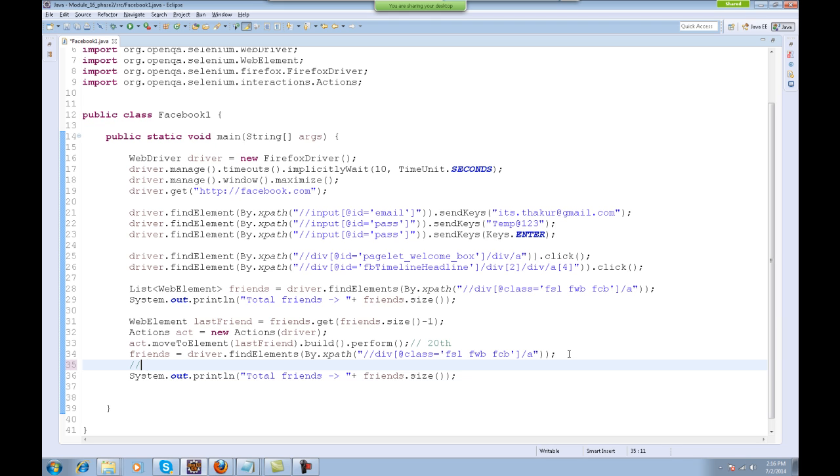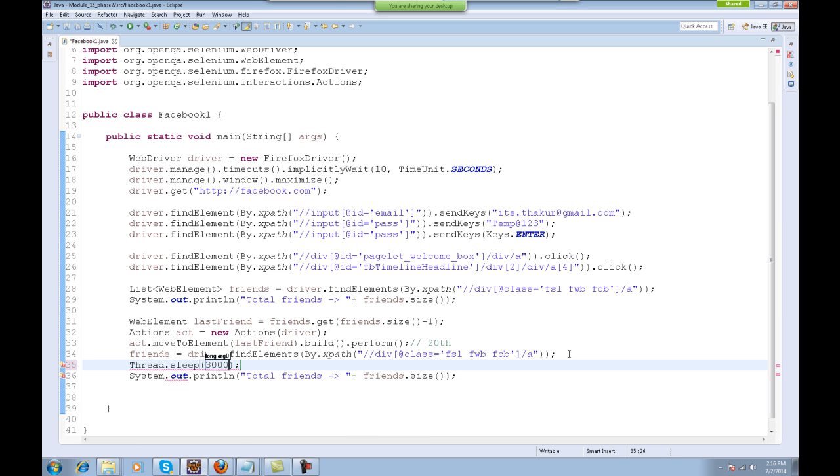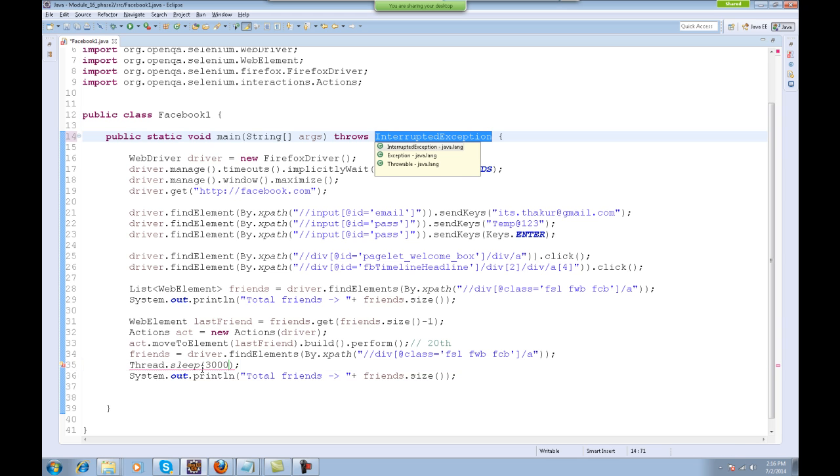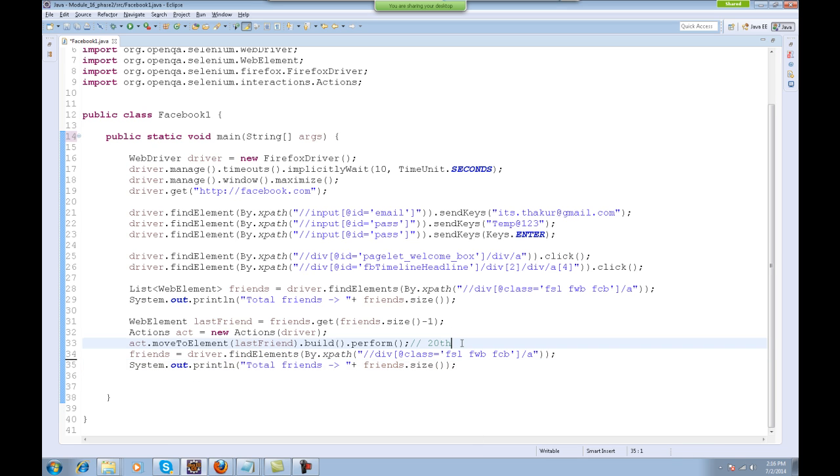For the time being, I'll just write over here Thread dot sleep for 3 seconds. Hold on for 3 seconds, pause the program for 3 seconds, let the new page load.